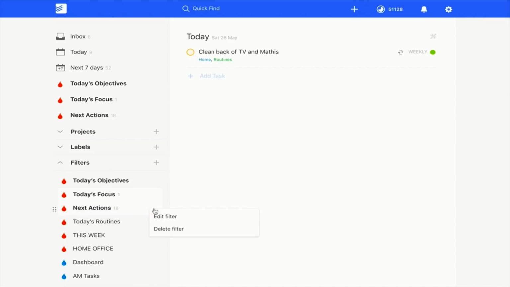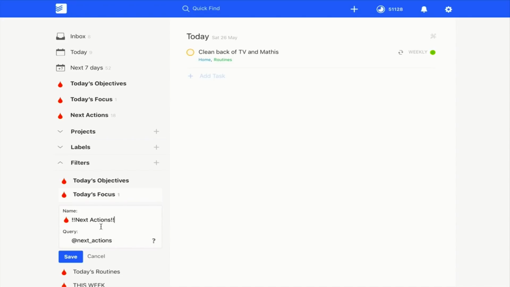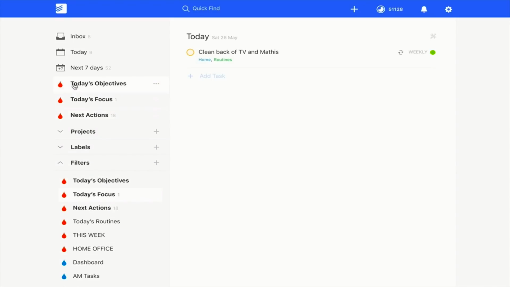So the filter I have for that is next actions, and it simply is just a label, next actions. And before anyone points out that you don't need to create a filter because it is just simply a label, the whole point of setting it up as a filter is so I can have this all set up as my filters. It's just my way of doing it. If you don't want to do it that way and you just want to create the label, that's perfectly okay,